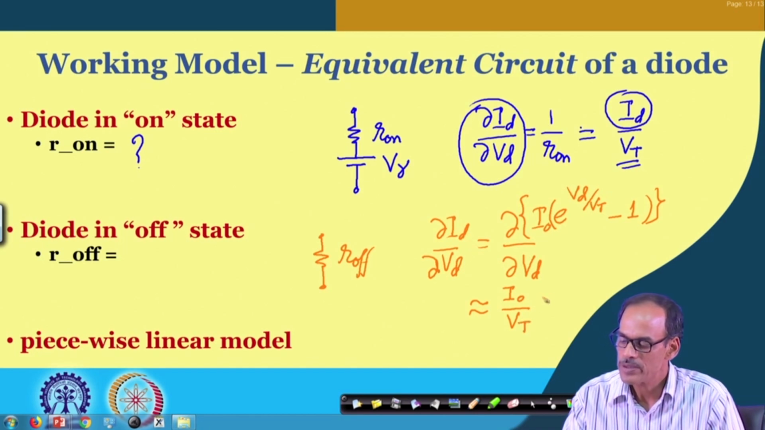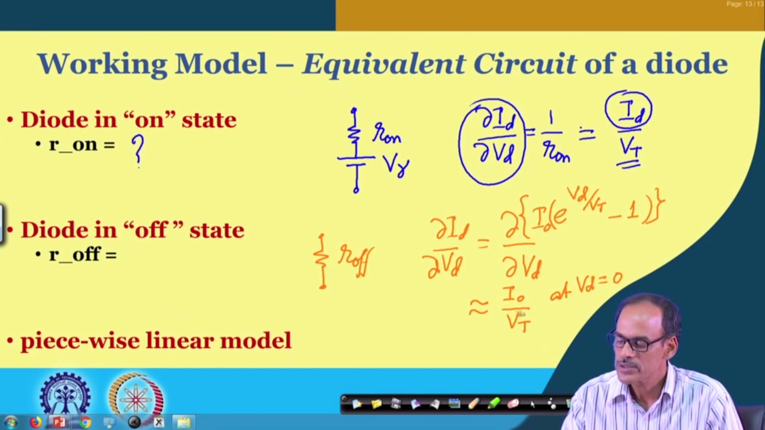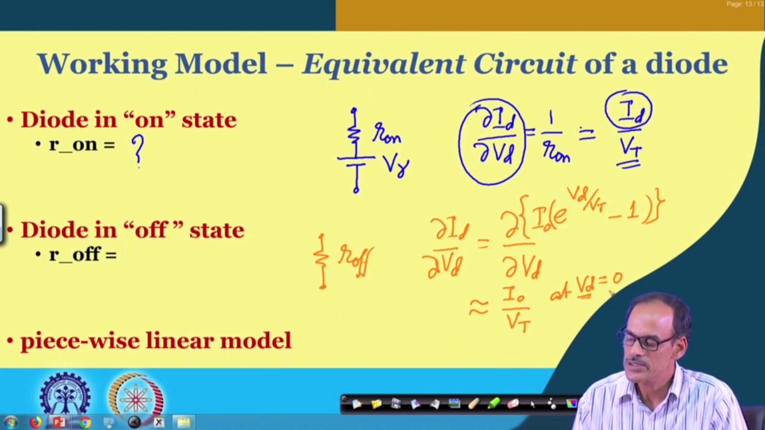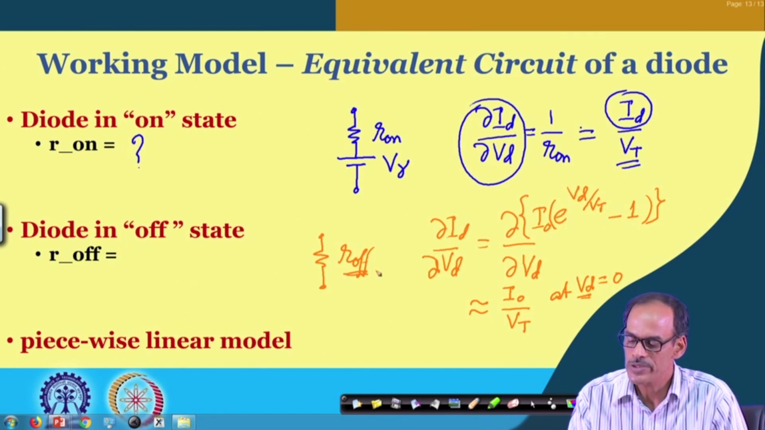Particularly, this we will be getting at, say, V d equals 0. In fact, this is also valid if V d is negative, that means in reverse bias condition. If V d is higher and becoming comparable with V t, of course, this will deviate from this number, but just to get a sense of what is the value of this resistance,